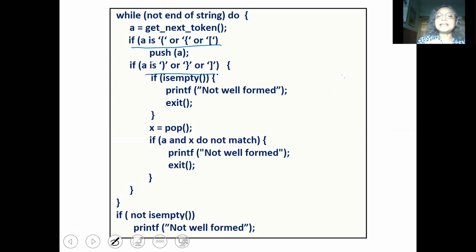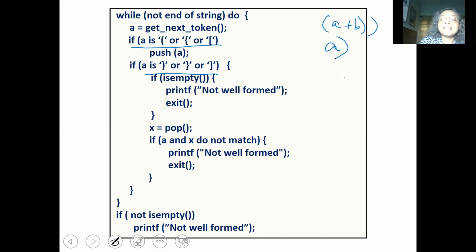If A is a right parenthesis and the stack is empty, we will say the expression is not well formed. Suppose we have this expression A plus B, right? So this expression is not well formed. If we have a right parenthesis and the stack is already empty, then we say the expression is not well formed and exit.